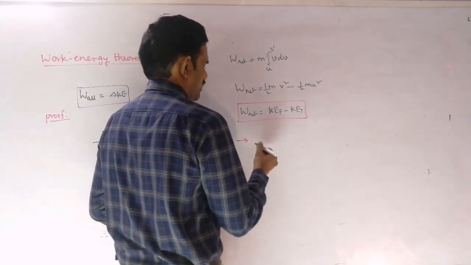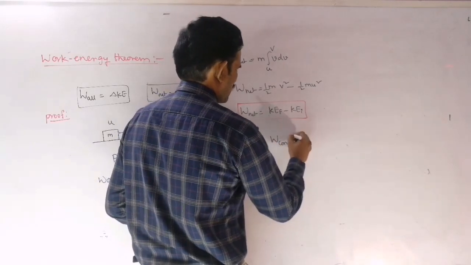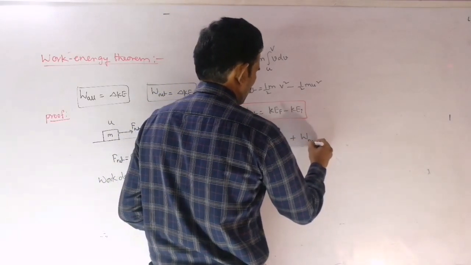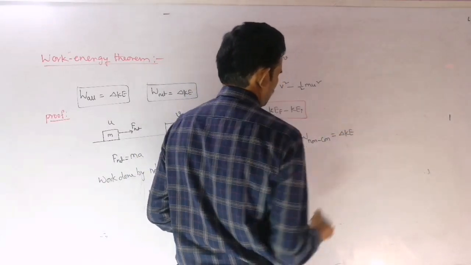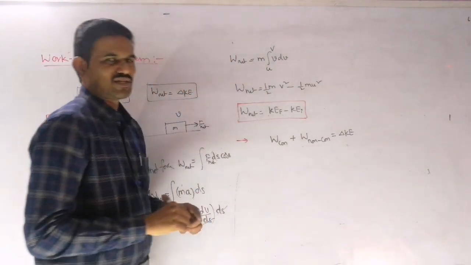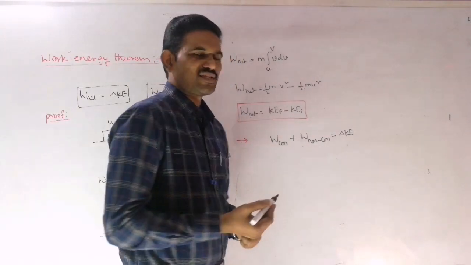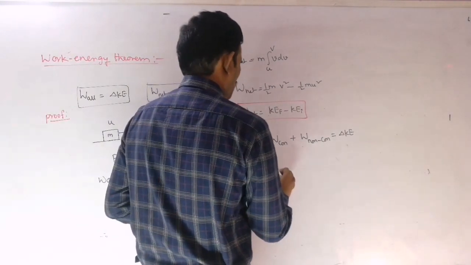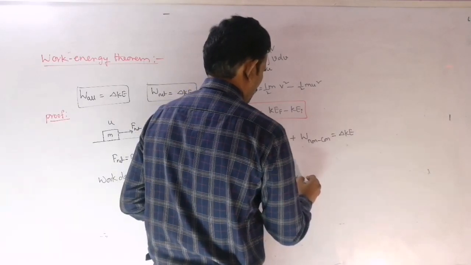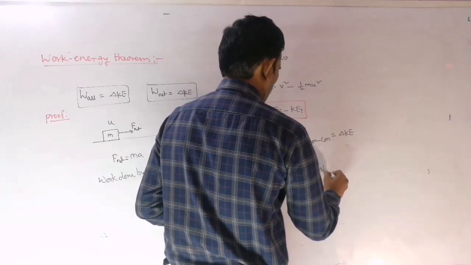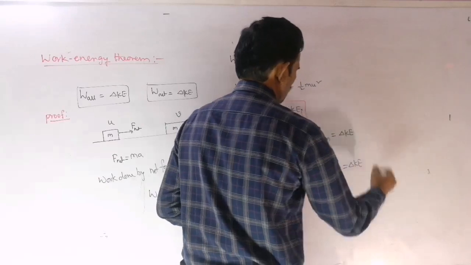That is, it can be applied for conservative or non-conservative forces. Work done by the conservative force plus work done by the non-conservative force is equal to the change in kinetic energy, you can write. That means when you are separating the forces as conservative or non-conservative. Whereas if you are separating the forces as internal and external forces, then you can express this as work done by the internal forces plus work done by the external forces is equal to change in kinetic energy, you can write, right?